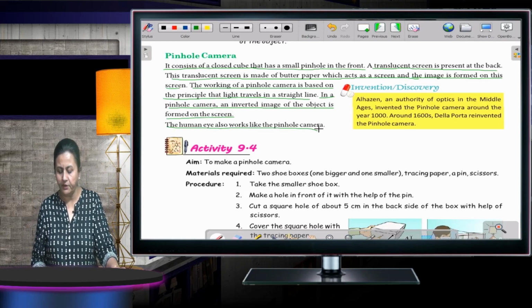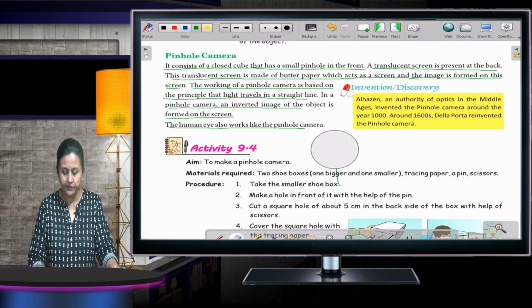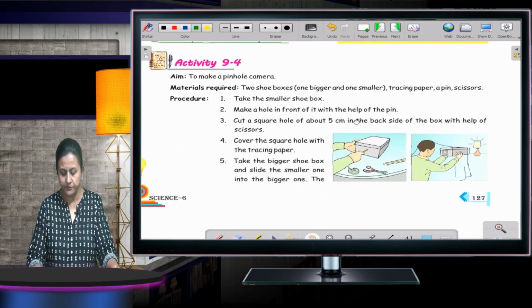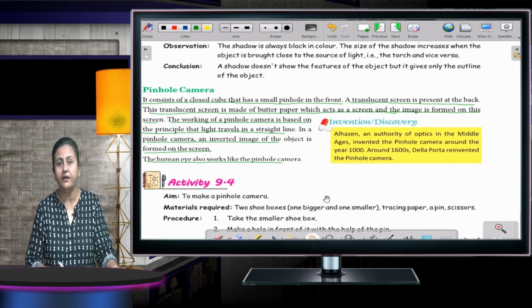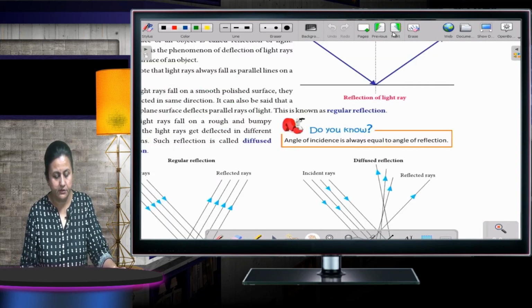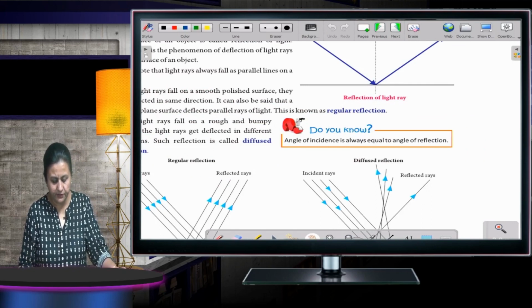Okay, how will you make a pinhole camera? This is an activity. You can just go through it. It is very simple. You can just go through it, children. How you have to make it and the working are all explained over here. Then the next topic is